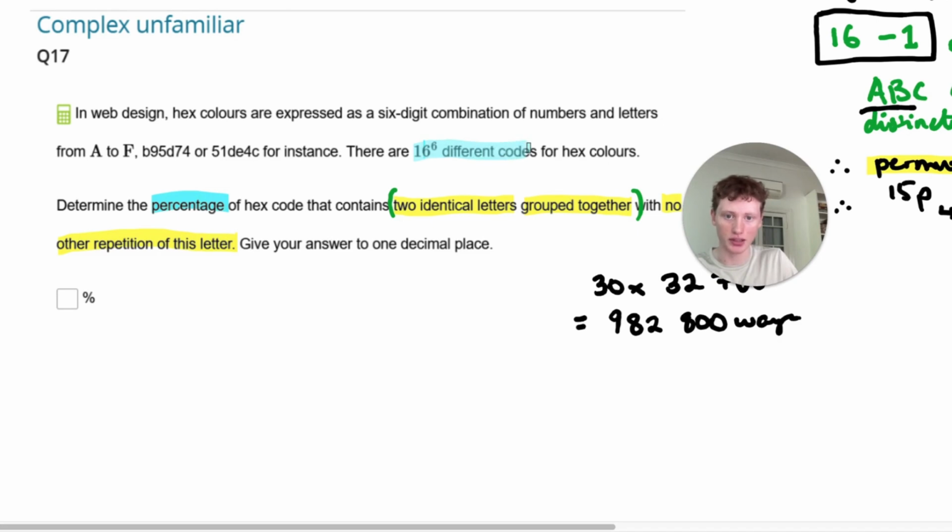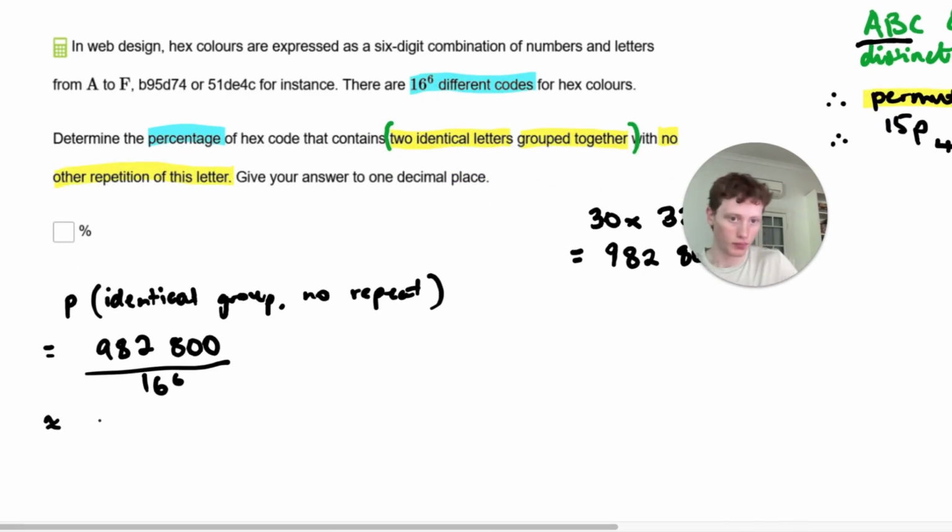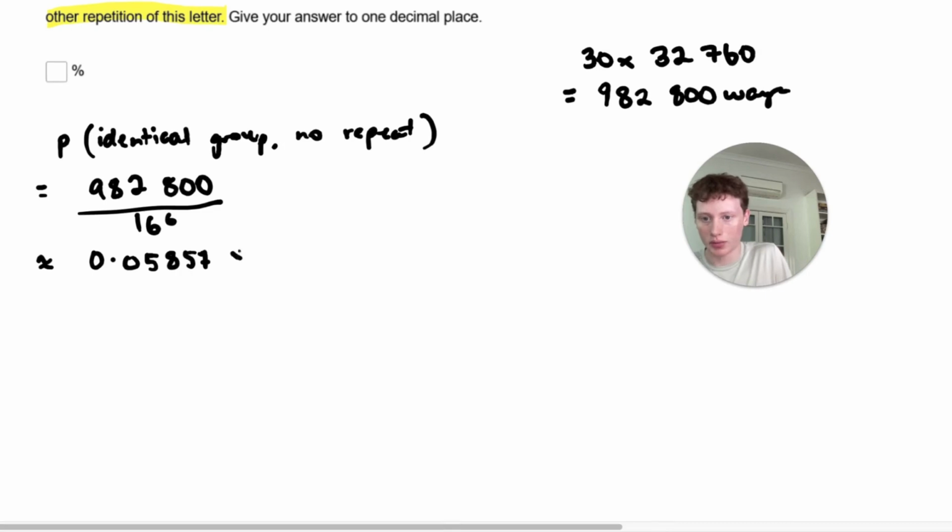We know there's 16 to the power of 6 different codes. So the probability of getting identical group, no repeat, would be 982,800 divided by 16 to the power of 6, which is 0.05857. But more specifically, as a percentage, it's going to be times 100. So that will be about 5.9 to 1 decimal place